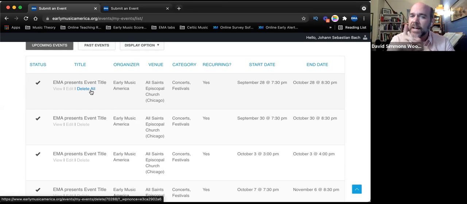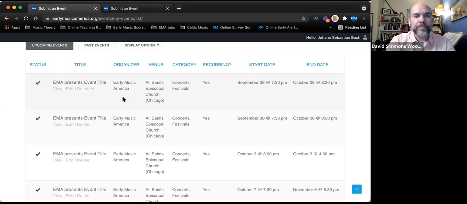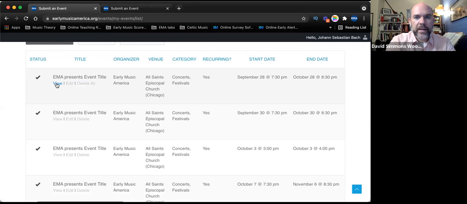The other thing is, it's not something that's on the public side, but if you do need to postpone or cancel, rather than deleting, if you want the information to stay there, you can contact me or contact the EMA through the EMA website, and we can actually add an add-on to this, where we can add a little indication that it is canceled or postponed, but it keeps the information and it's sort of tidy and it looks nice on the calendar. If you want people to know that it's been canceled or postponed, rather than just deleting it, but that's up to you. So what I'm going to do here is I'm going to go ahead and select